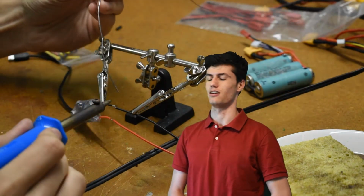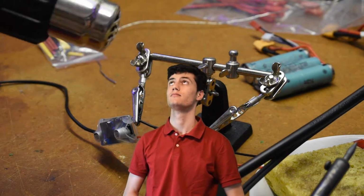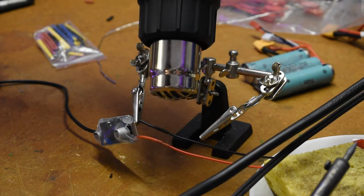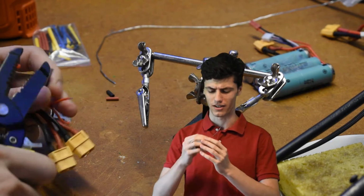Oh yeah, that's the stuff. That reminds me of the days when smoking was still healthy. Oh shit, watch out for the heat gun! You know, sometimes I even like to take some of this solder and just